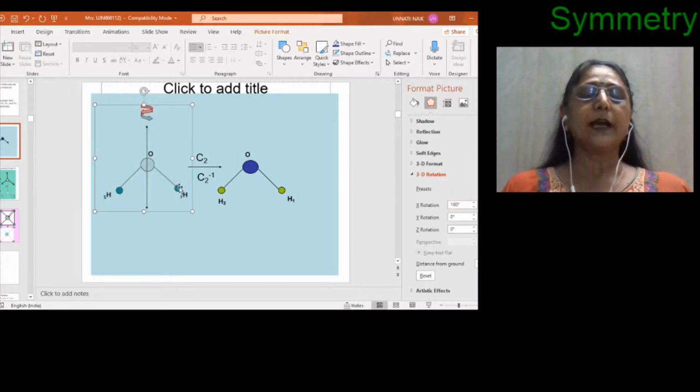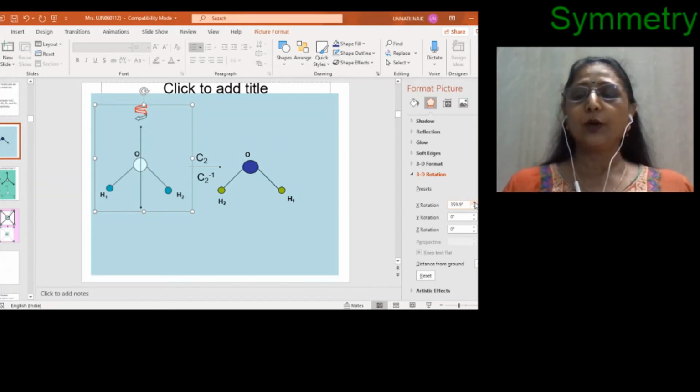So can you see that it is opposite to each other? The atoms have changed their position with each other, and H1 and H2 are in place of each other, as well as all the atoms being on the opposite side. That means the back side comes as the front side. So that's why I have represented this diagram like this. H1 and H2 change position, but I have represented a different color to show that it is the opposite side of the atom.